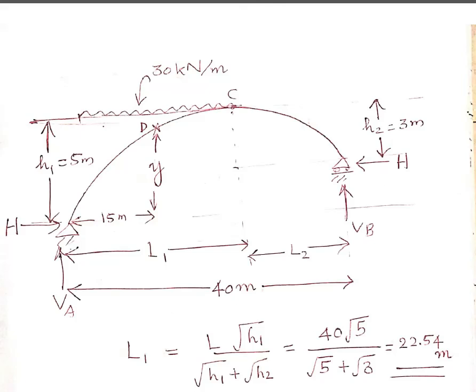So if we take the moment about A, we will have two unknowns in the equation, VB and this H, because VB, this 30 kilonewton, and this H all cause a moment at point A. So we cannot use that equilibrium condition as such, but here we are going to use the equilibrium condition, first of all, the moment about C equal to 0.